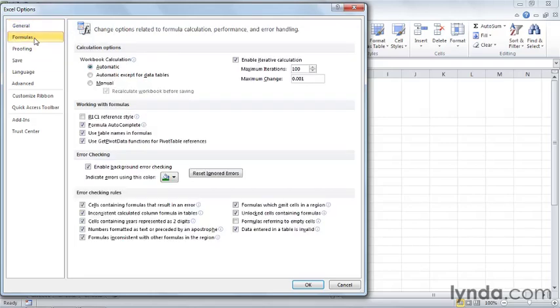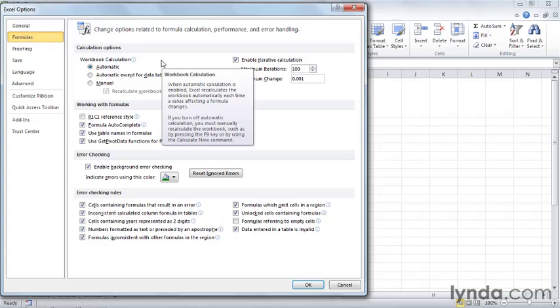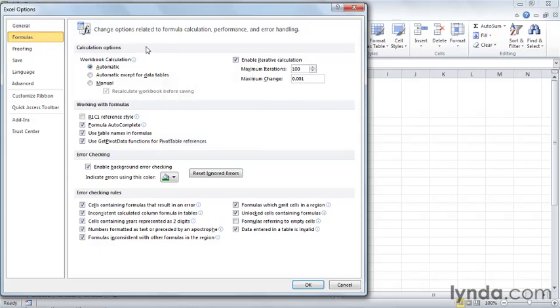Now let's go to the Formulas section. It's kind of rare that you'd want to change anything here, but I do want to call your attention to this Workbook Calculations. If you have a very large worksheet, maybe your worksheet has links to a workbook that's on a slow-running network. Every time you make a change to your worksheet, it could take a long time